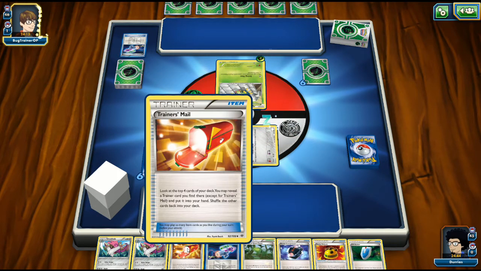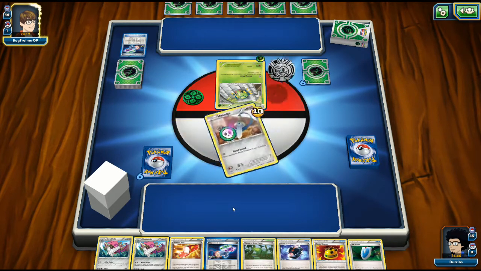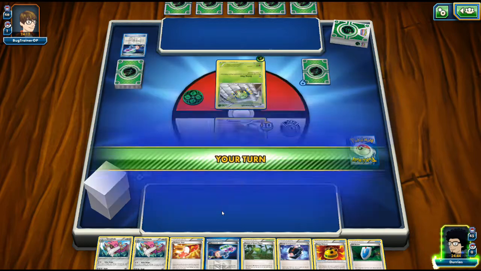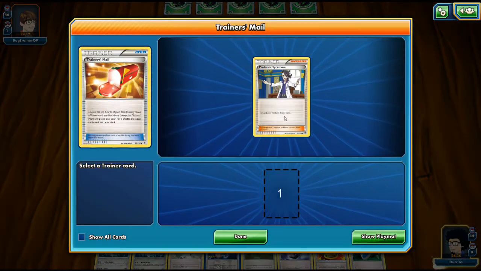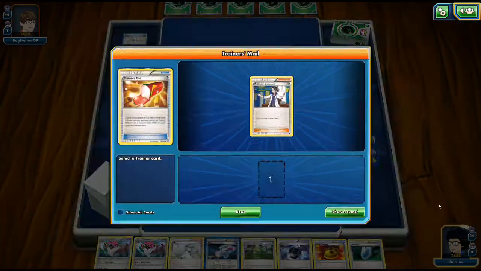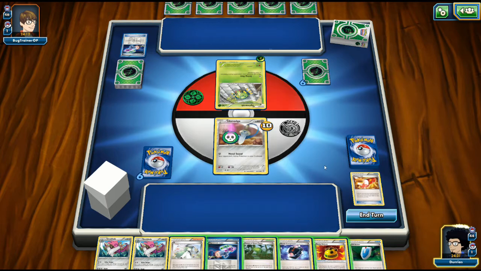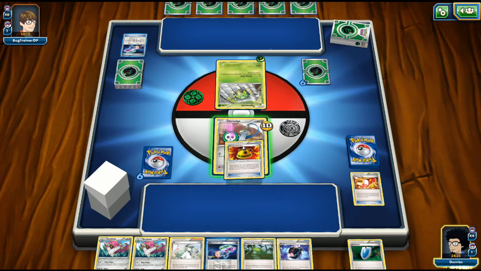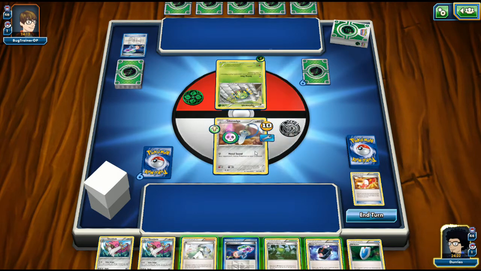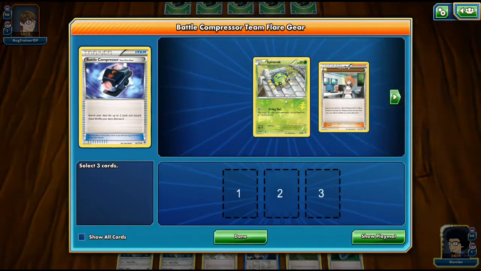Can we get a Wally from this Trainer's Mail? That would be ideal. A Wally. That would be so superb. Let's see. Trainer's Mail, and it is a Sycamore. Don't want to go for the Sycamore. I actually want to use the N if we can. I don't want to play down this Forest of Giant Plants either. I will go for a Rocky Helmet, and we will get the Wally with the